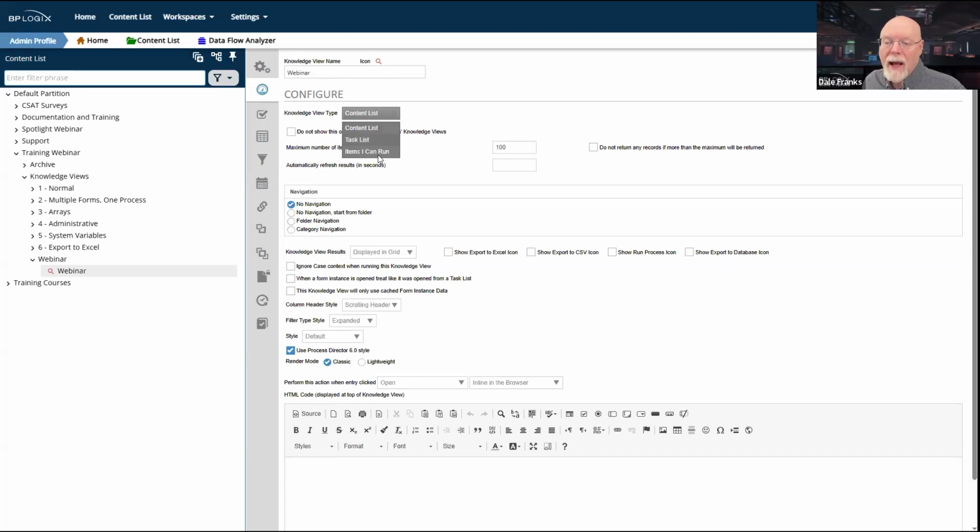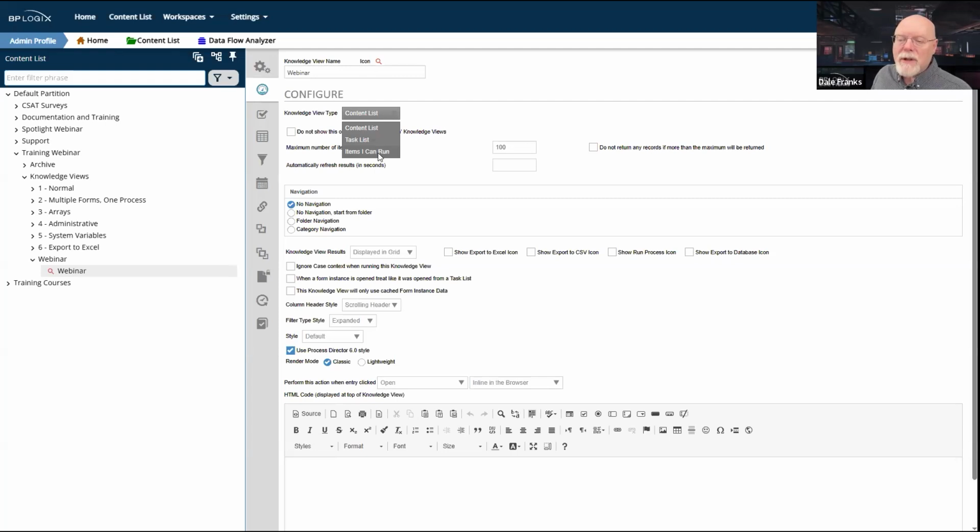You can create a task list. Now, there is the one global task list that always shows you all of your tasks. Whenever you display it anywhere on the UI, you generally use that in the user's workspace homepage so that they can open up Process Director and get instant access to their task list. But you might also want to create unique task lists that are only associated with a particular application. And so you can create your own unique task lists just sort of willy-nilly.